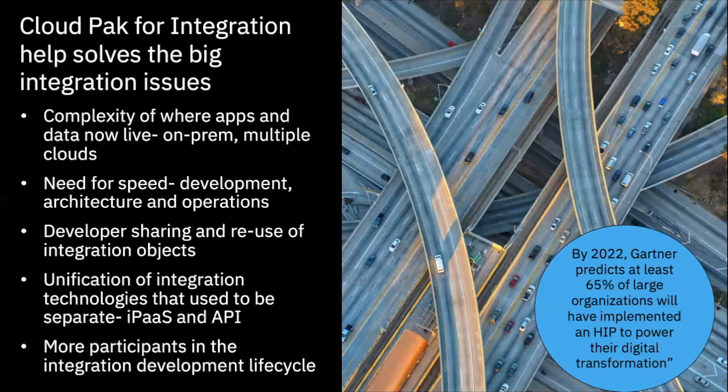You'll note that on the bubble to the right, by 2022, Gartner is predicting that 65% of large organizations will have implemented a hybrid integration platform, which is what the Cloud Pak for Integration is. That's really due to all of these challenges. If you're not doing something that provides for some centrality and some uniformity and some consistency, then your ability to gain speed and really adapt for the way that applications and integrations are being built today is going to be quite impossible. And so really that's the focus, and that's why you see the big shift happening now.